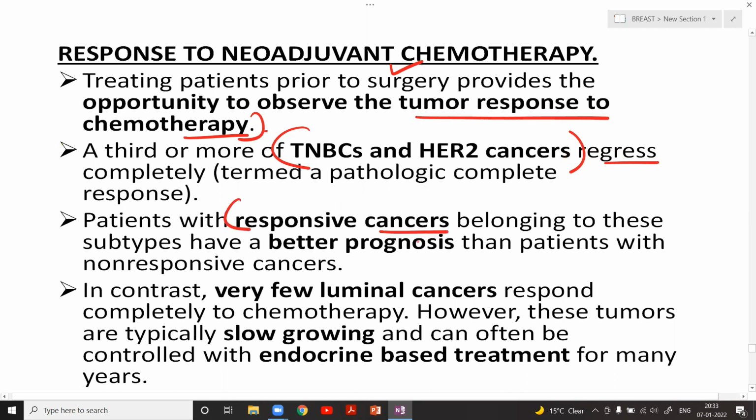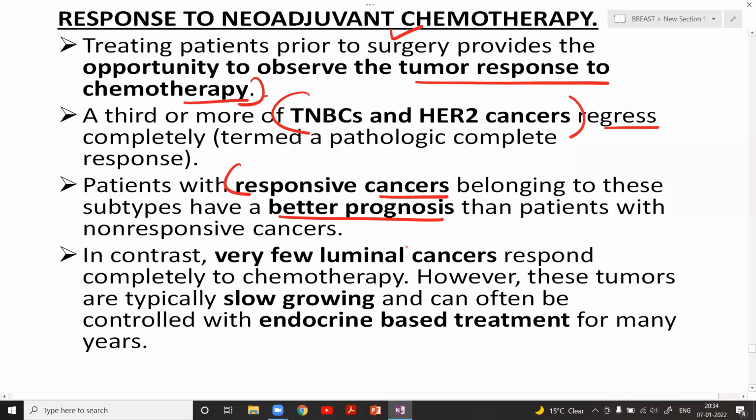Patients with responsive cancers belonging to these subtypes have a better prognosis than patients who are not responsive. Any kind of treatment that is working before surgery will always improve the outcome. How the tumor is responding before the surgery is very, very important. In contrast, very few luminal carcinomas respond to chemotherapy prior to surgery. I have discussed why they do not in the previous lectures. Remember, the luminal carcinomas are slow growing and can often be controlled with endocrine-based treatment,